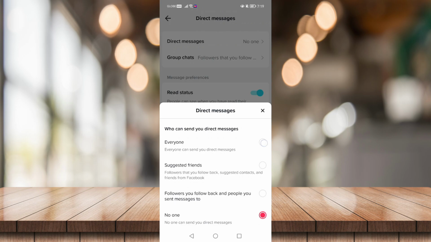So to change that is to click on everyone, so you can send everyone a direct message. Or you can just click on suggested friends. This means that followers that you follow back, suggested contacts, and friends from Facebook can send you messages. Or you can set followers you follow back and people you send messages to. So I'm just gonna set this on everyone,